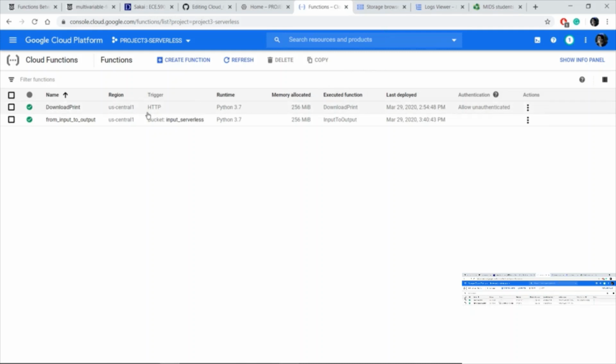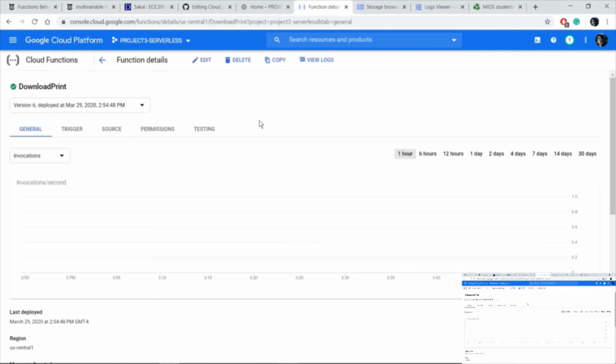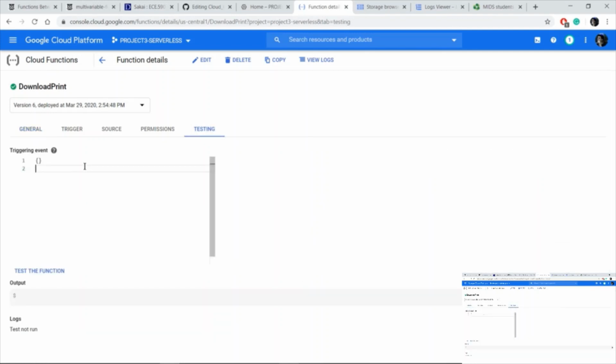So let's start with the beginning. My first function is called download print, and what it's going to allow is for the user to choose a URL with a TXT content there, and it's going to perform a text analysis of the event. So